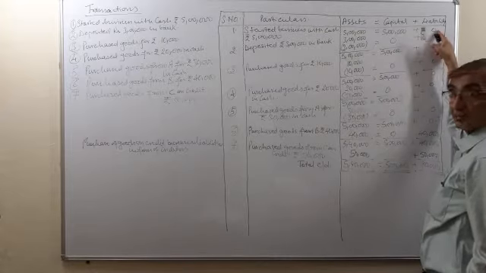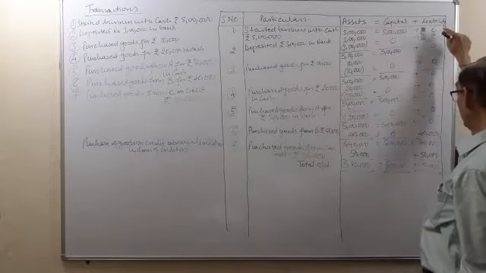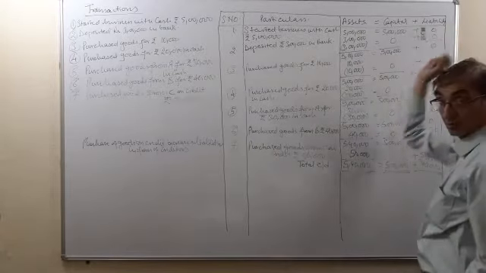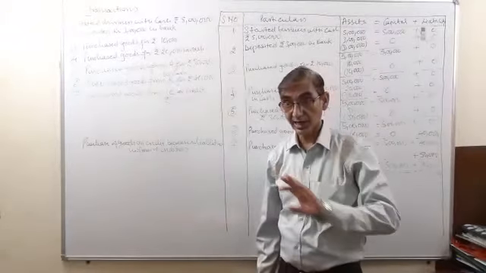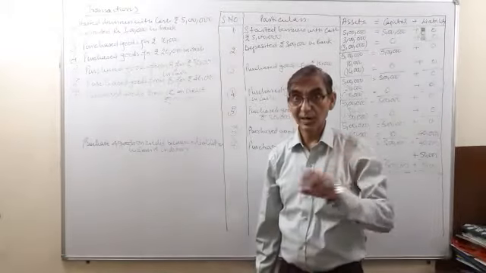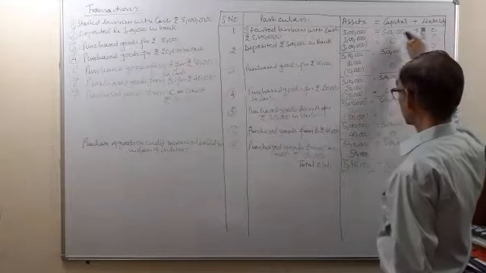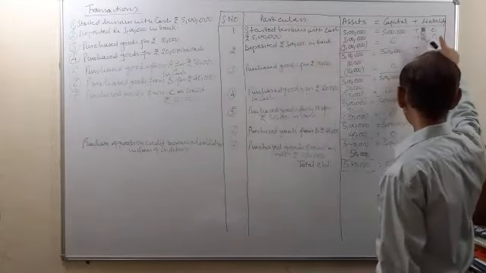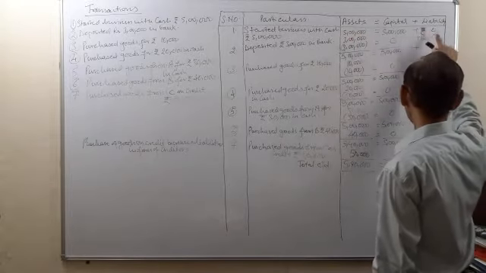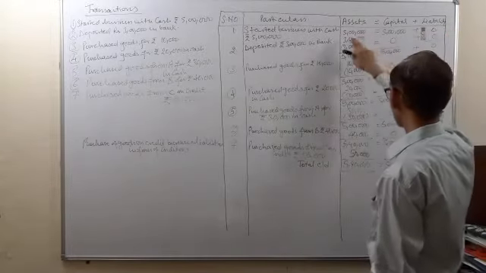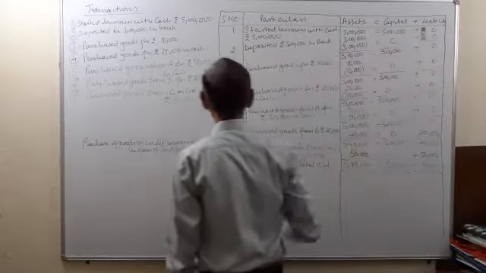Nothing has been there for the liability in this transaction. So liability will be shown as 0. Don't put a dash over there. Neither will you put a dash nor will you write nil. You will write 0. So this transaction has been written in the accounting equation form, and it has proved to be a balanced equation. 5 lakh is equal to 5 lakh plus 0 is 5 lakh. Both the sides are equal.